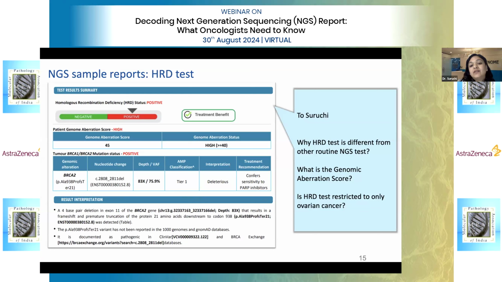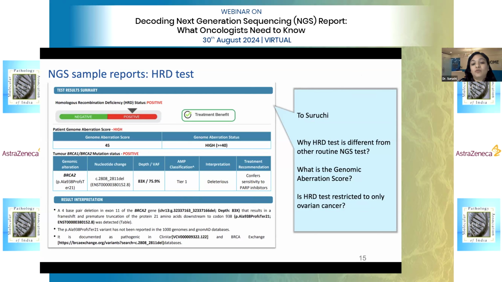So the cause can be certain mutations happening at HRR pathway genes, or it could be certain other changes in that pathway which make it defective. And this is the phenotype that we observe. Phenotype means what is happening after that pathway has become defective. So the genome, when the homologous recombination repair pathway becomes defective, can accumulate certain errors, and there can be certain genomic